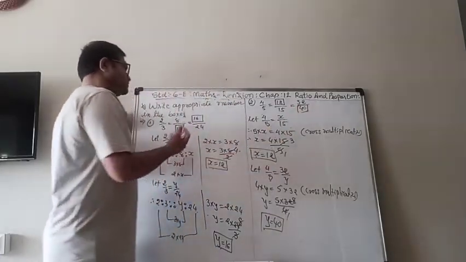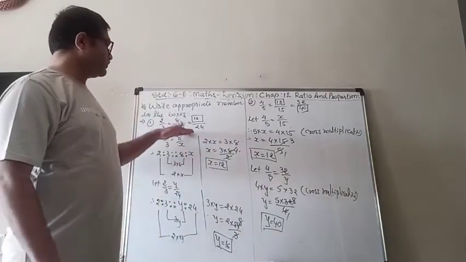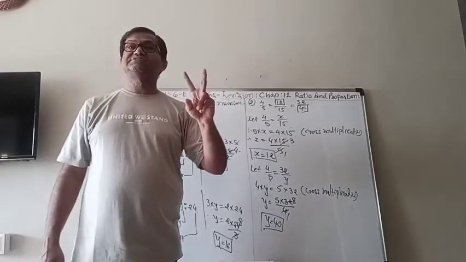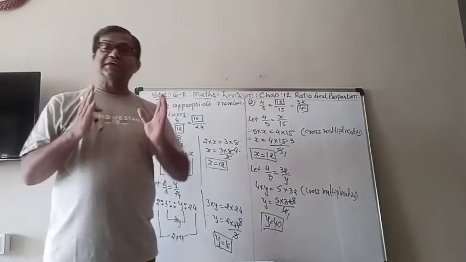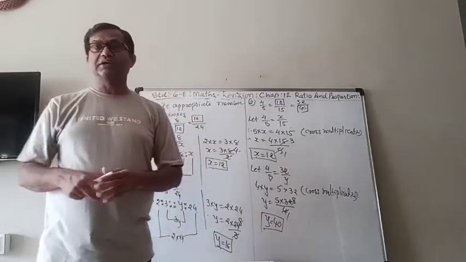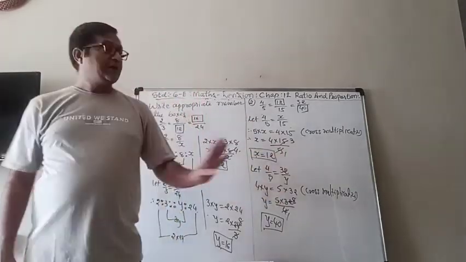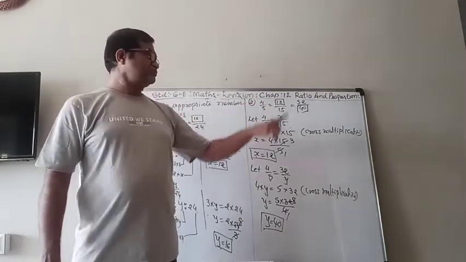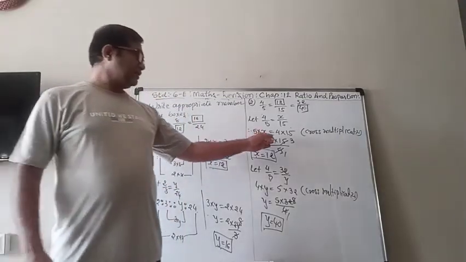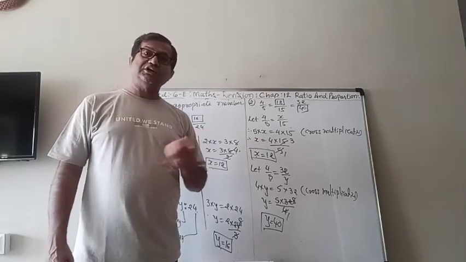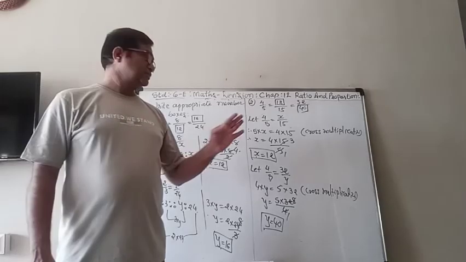So here we did the same type of examples in two different ways. In the first, we take the concept that when the two ratios are equal, then they are in proportion, and when they are in proportion, the product of extreme terms is equal to the product of middle terms. In the second method, we just took the first two ratios and did the cross multiplication, and then we find the answer. So whatever you think is easier for you, you can use any method, then you will get the same answer.